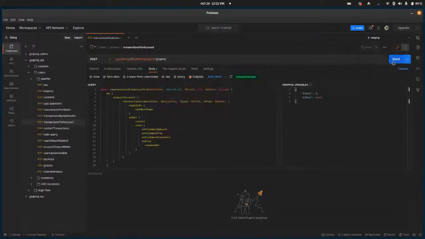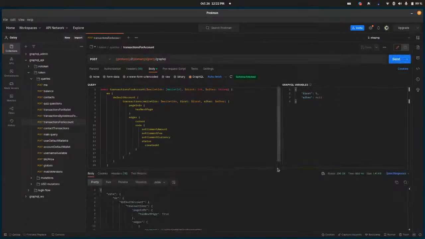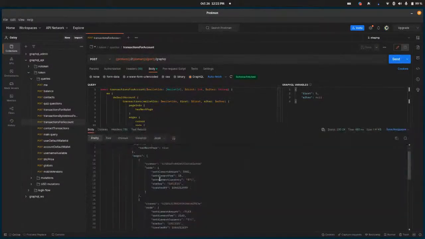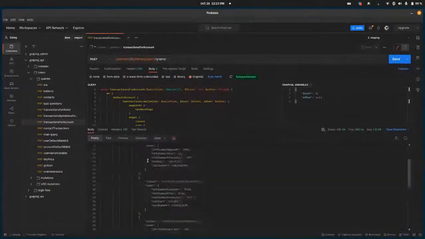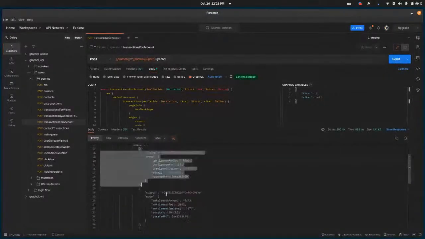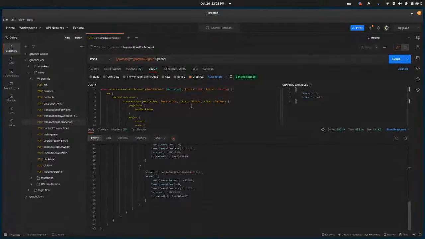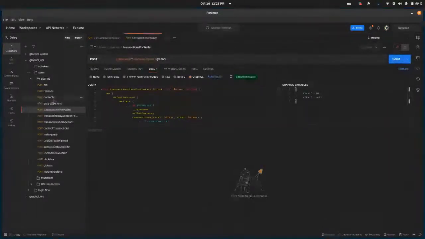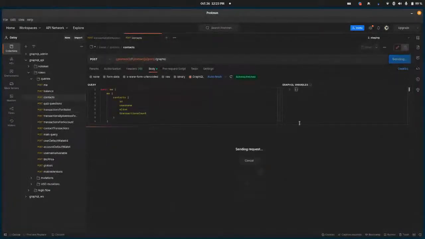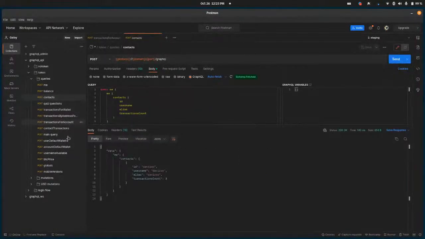If I sent this, I'm using the staging endpoint. And if I sent this against staging, I would get a response back, and I can see all the things that we'd use, say, in an app, like if I wanted individual transactions for an account. So this is also super useful for just exploring the API. You can click around, look at different things. Maybe I want to see my contacts. I send that request, it comes back. Maybe I want to see